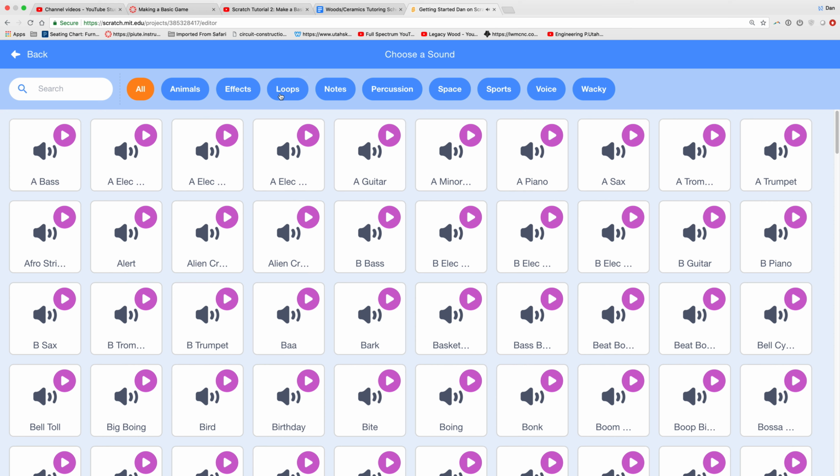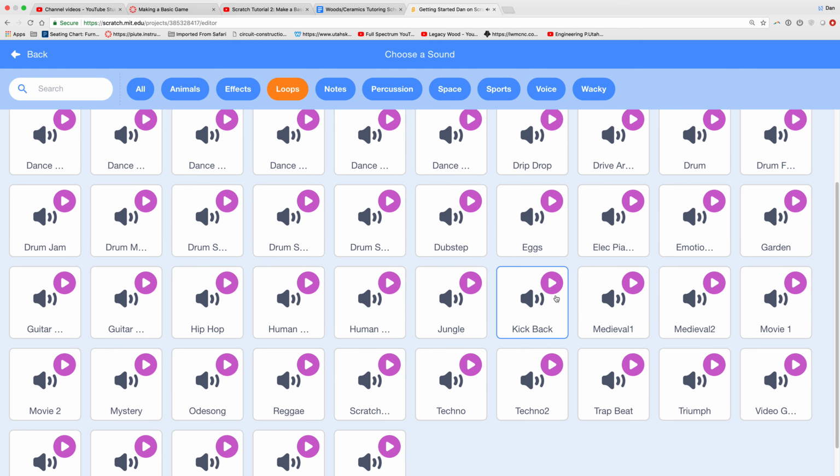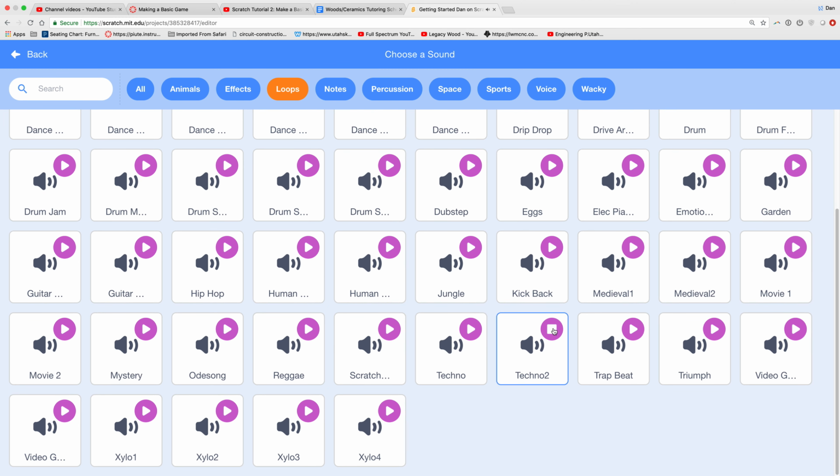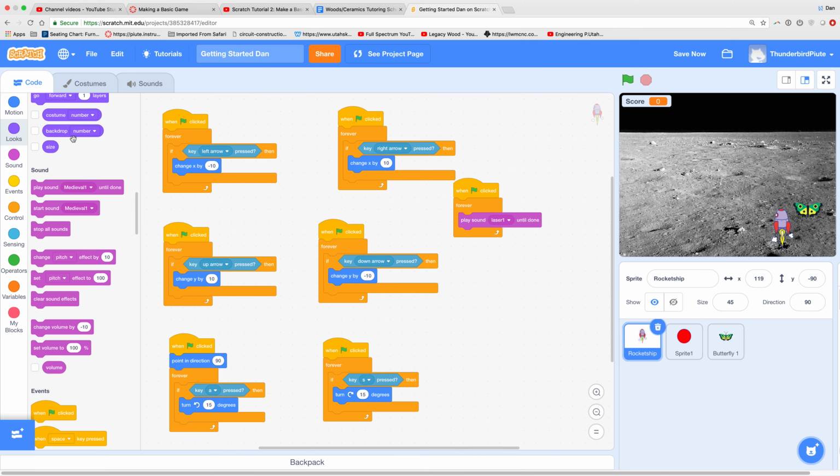Loops is where I can find this one that I think they did in the original video right here. So if I select that one, now it's there. Come back to the code and play, instead of laser 1, we say our medieval one. So now when we start it,